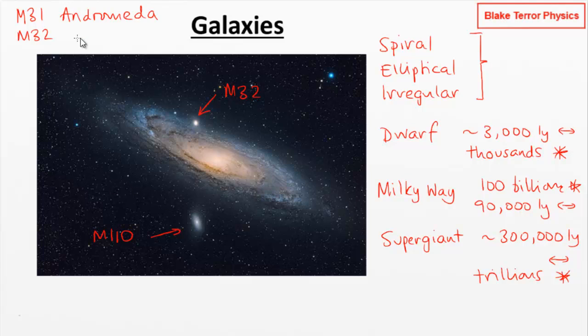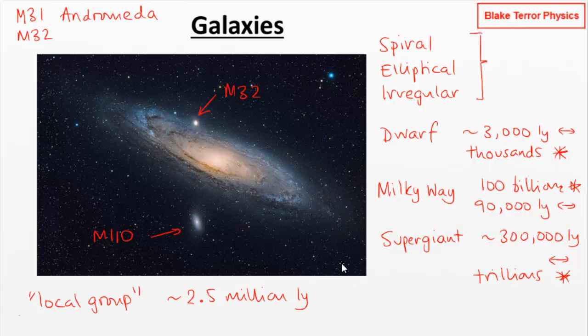So the Andromeda galaxy here, M31, is in what's known as the local group. This is the cluster of galaxies that the Milky Way is a member of. And that doesn't mean to say they're particularly close. Andromeda is about 2.5 million light years away. So that's quite a distance getting to the other major galaxy in the local group. The local group is dominated by the Milky Way and the Andromeda Galaxy. They are the two big ones, and then there's a few other smaller galaxies dotted around, which might be satellites of these two larger galaxies.